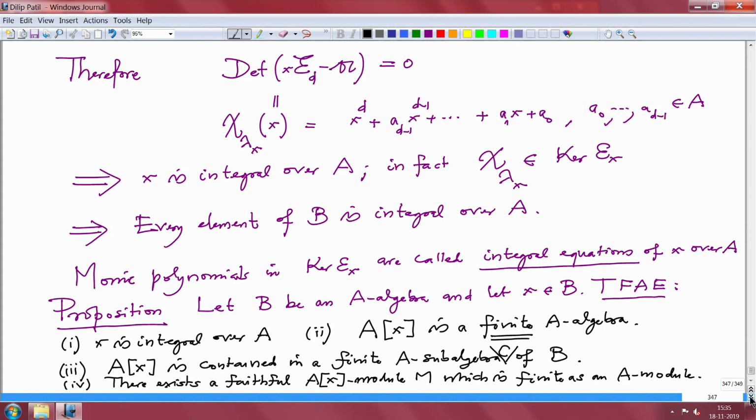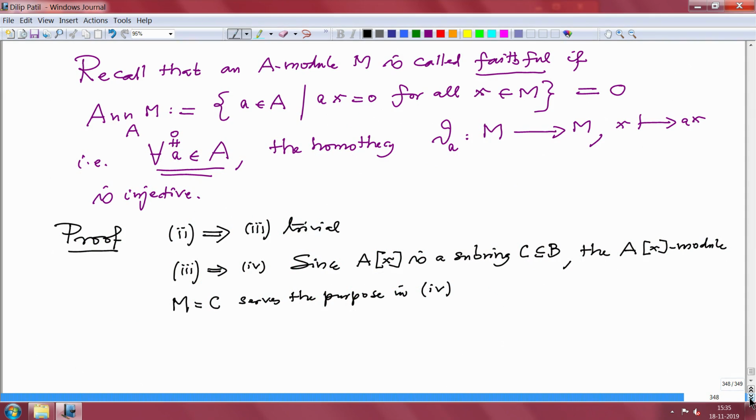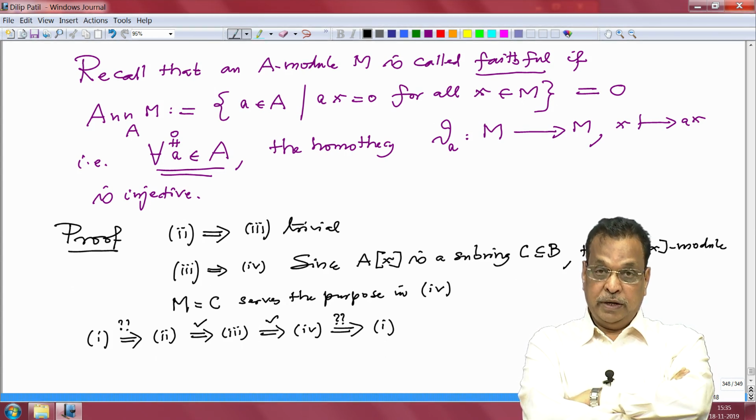So now it's just a matter of tying your concepts together to understand. And now to complete the proof, what we will prove is 1 implies 2. 2 implies 3 we have already proved above, or it is trivial. 3 implies 4 is also mentioned above, and to complete the proof I have to prove 4 implies 1. So these two implications we will prove after the break. So we will resume after the break. Thank you very much.